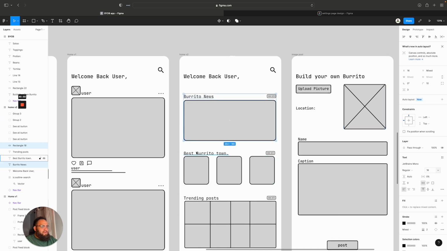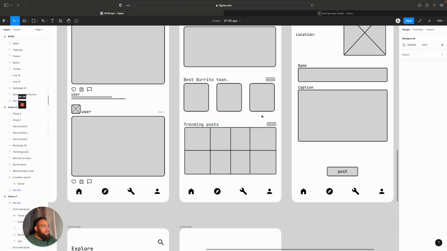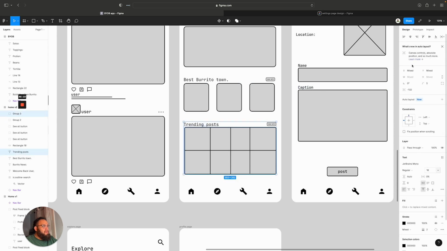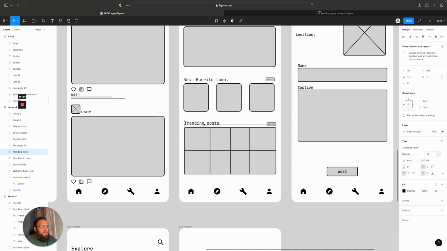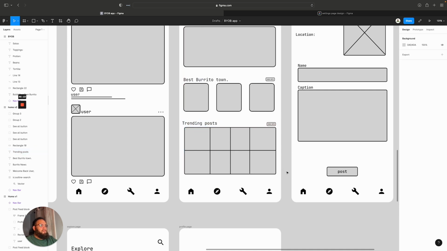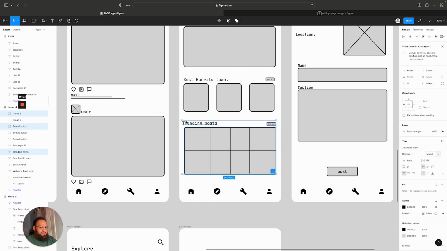Even 3 spaces, so they don't get in each other's way. I'm gonna copy this entire section because I'm pretty much